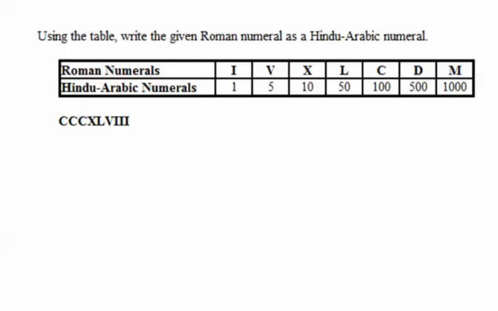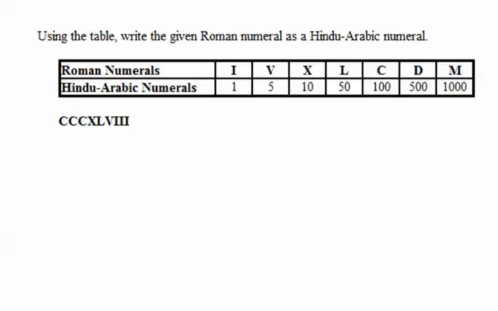This video is for MGF 1107 when we're asked to convert a Roman numeral to a Hindu Arabic numeral. The Roman numeral that is given to us is CCCXLVIII. Now, the Roman numeral system is an additive system, which means generally from left to right we add the